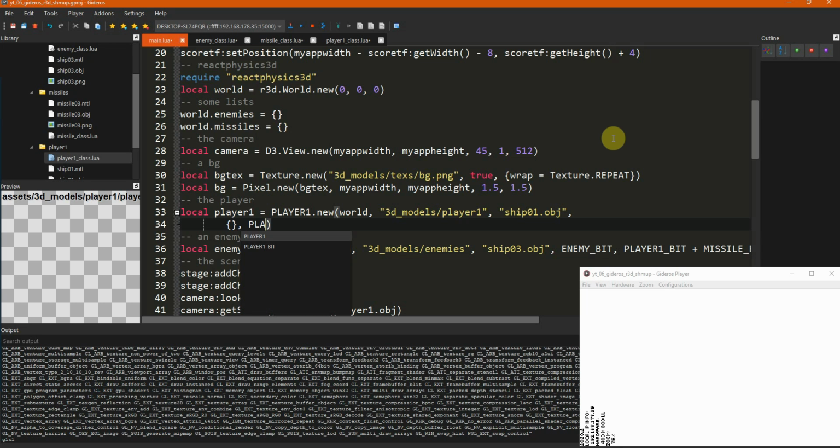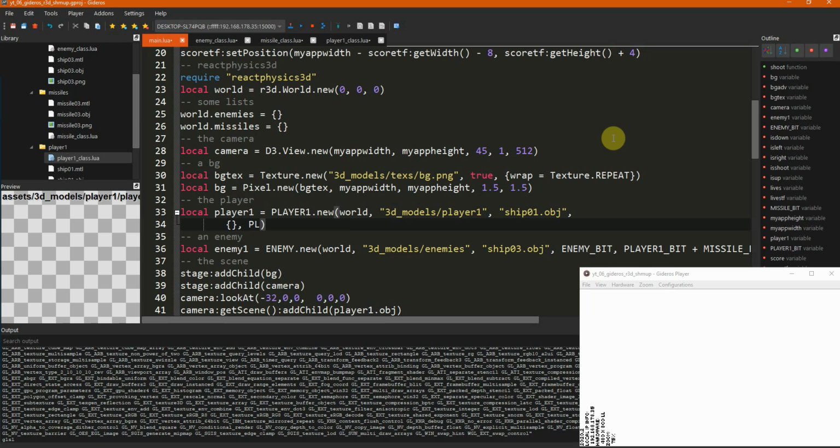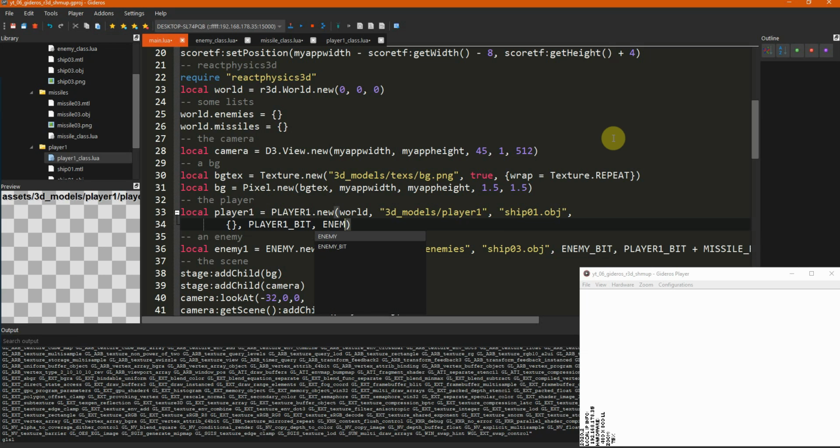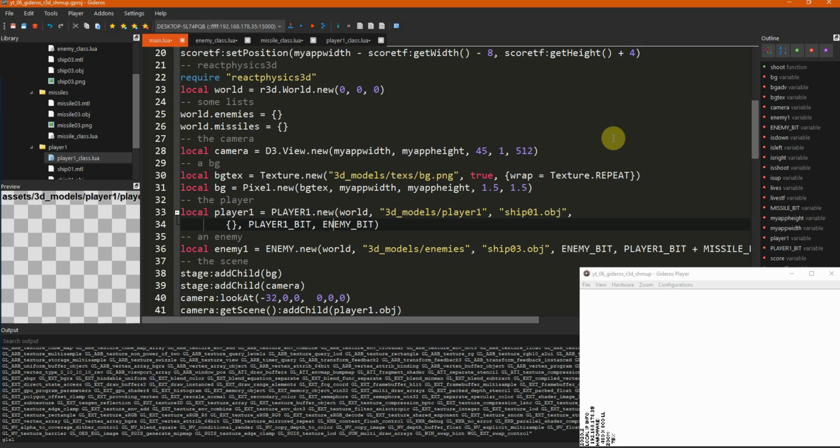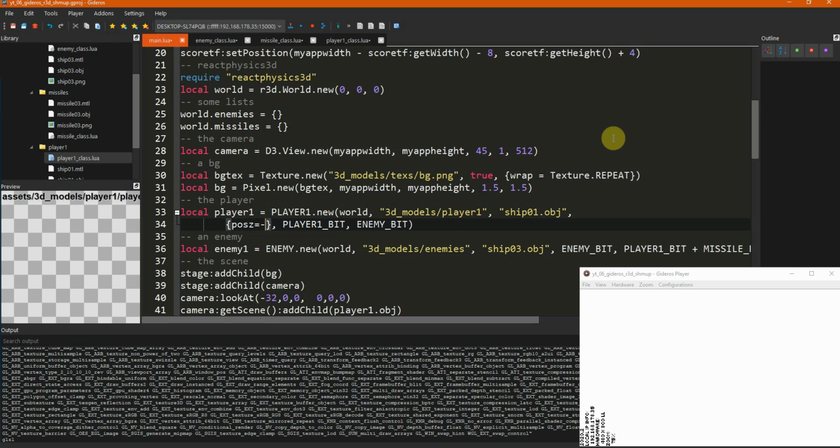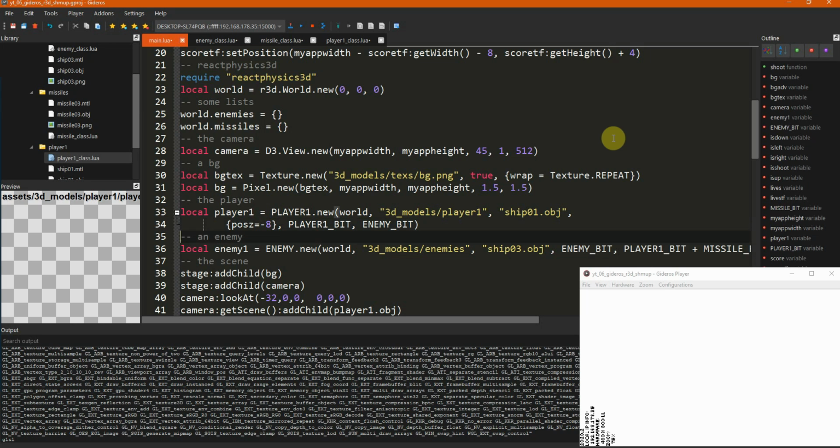So that's player 1 bit, and the player 1 can collide only with the enemy, so enemy bit. And let's position the player 1, so pos z equals let's say minus 8.